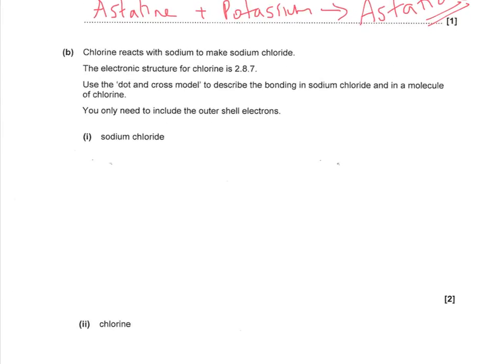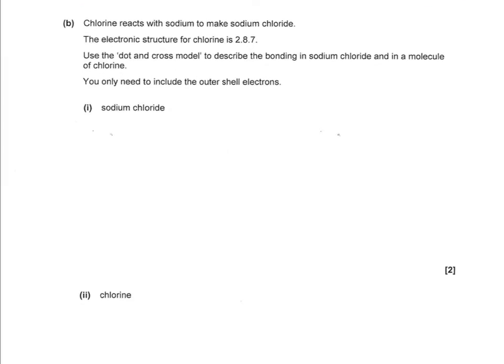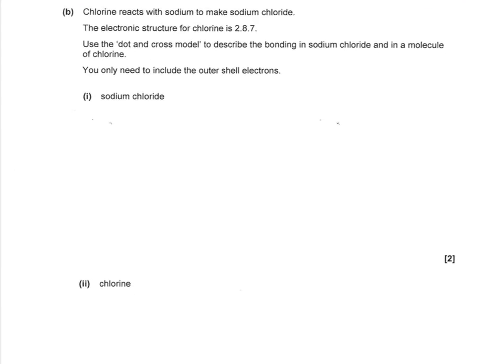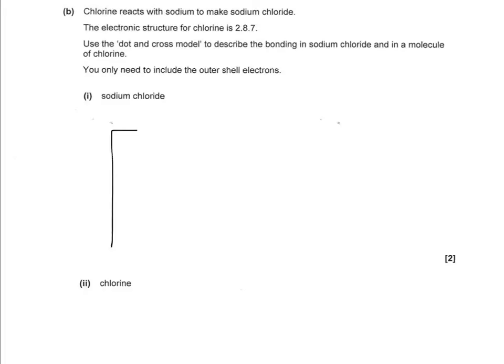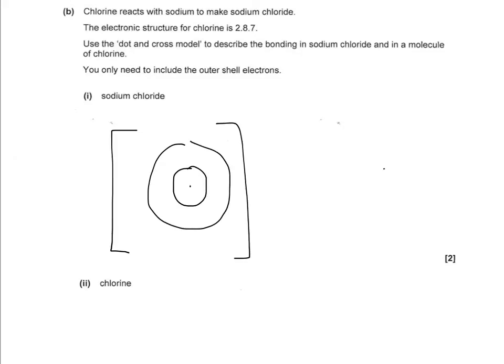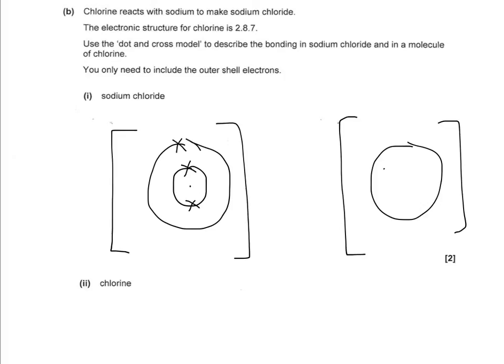Chlorine reacts with sodium to make sodium chloride. The electronic structure for chlorine is 2,8,7. Use the dot and cross model to describe the bonding in sodium chloride and a molecule of chlorine. You only need to include the outer shell electrons. So sodium chloride is an ionic compound, so this is where electrons are transferred. So sodium and chlorine, although it did say you only have to draw the outer shells, so I'll just do the outer shell for chlorine. So sodium is going to lose its electron to the chlorine,